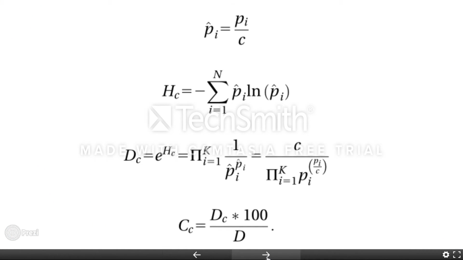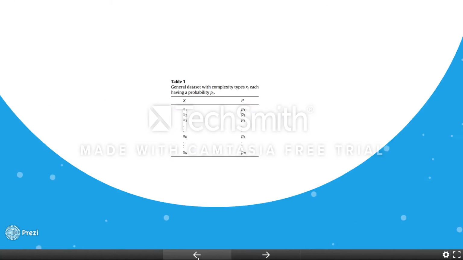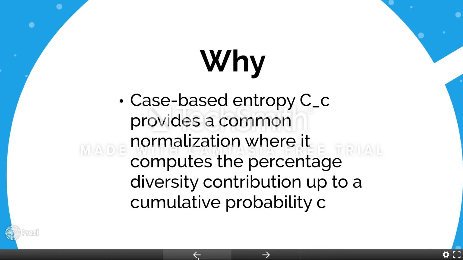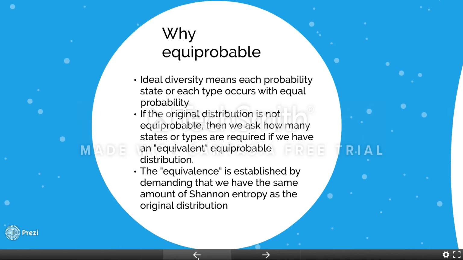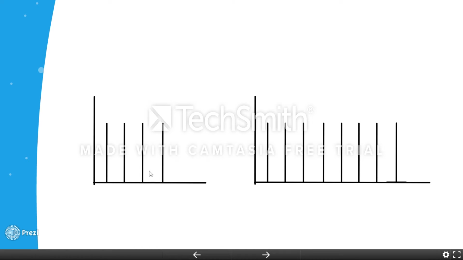So the formulas are a little bit complicated. Now, just to give you an idea of what is going on, let's go back to the picture that I was showing you with uniform distribution. Let's focus on the left picture. There are 4 species of animals. If you were to compute the Shannon entropy of this left distribution, it turns out the answer is natural